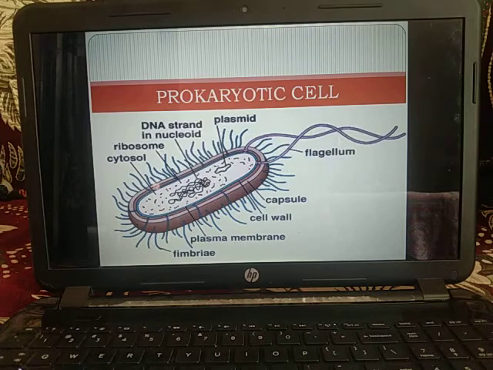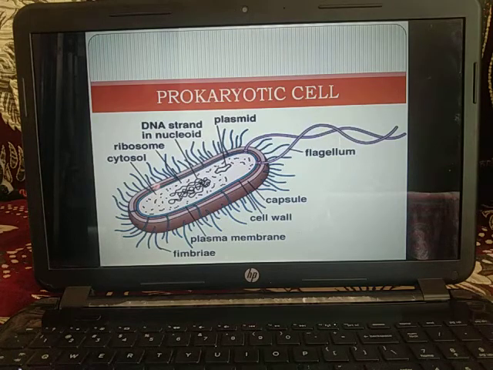Ribosomes are 70S as compared to 80S, similar to the 70S ribosomes that occur inside the chloroplast and the mitochondria of eukaryotes. One envelope system: in the prokaryotic cell, the membrane-bound cell organelles are absent, so there is a single membrane that surrounds the cell. Hence, prokaryotes have a single membrane or envelope system. In eukaryotes, many organelles are surrounded by their own covering membrane in addition to the cell membrane that covers the whole cell. Therefore, eukaryotes have a double membrane or two envelope system of organization.